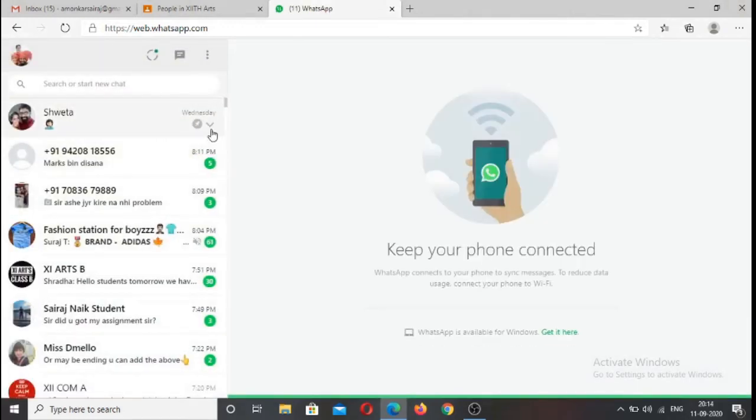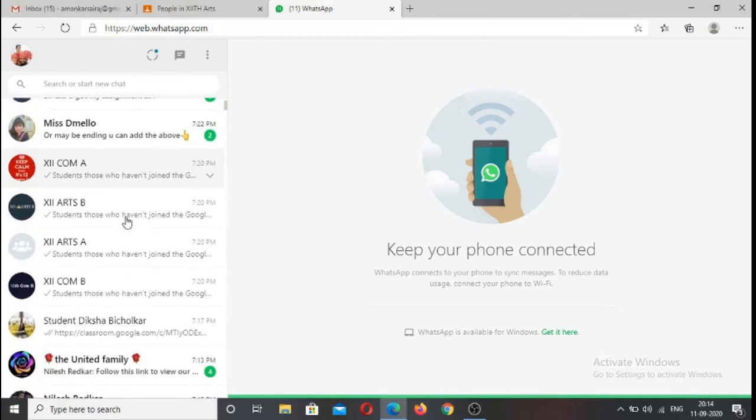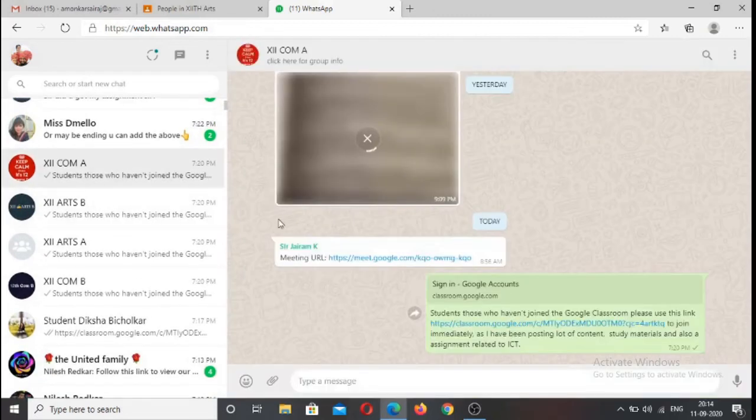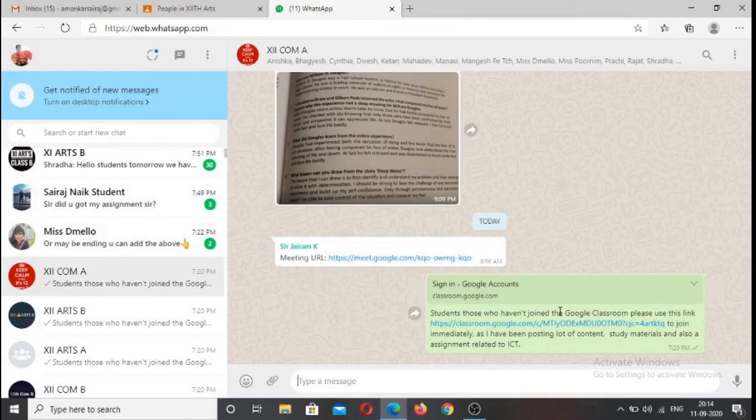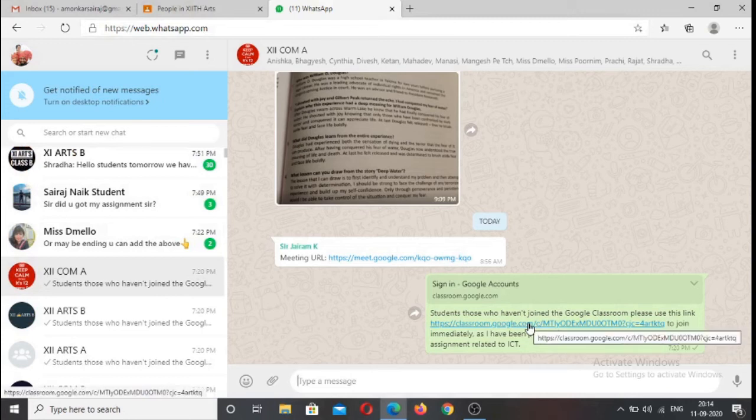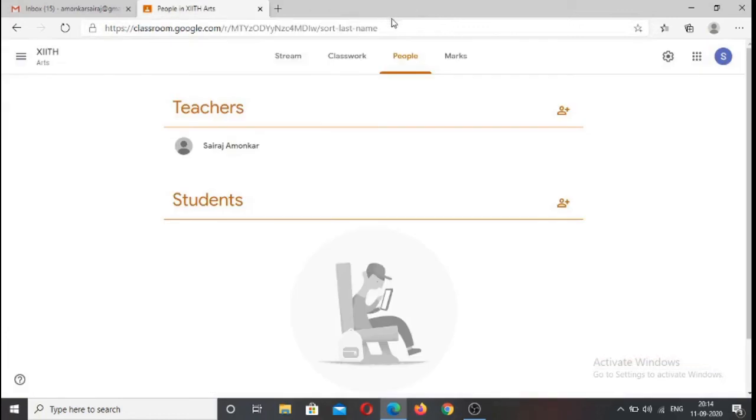So this is how I am going to access my WhatsApp, and then I can paste it in the respective group. Later on the students can click on the respective link and then they can join this particular class. So this is how I am going to share my classroom link to the students.